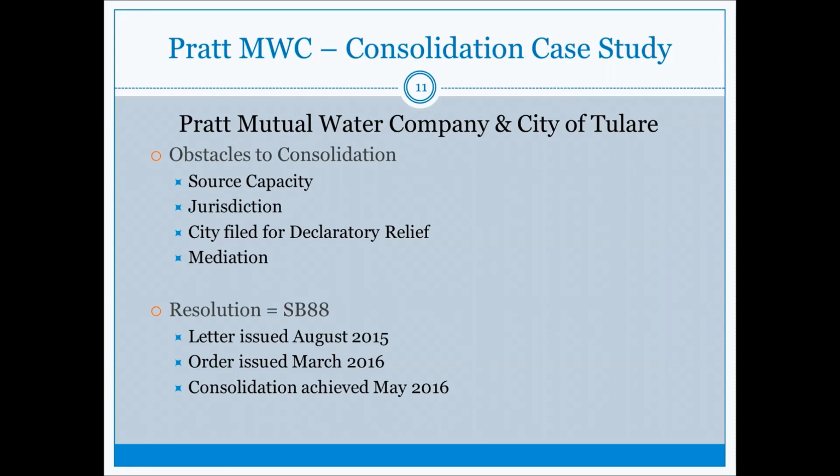The Division of Drinking Water was pretty heavily involved here in the mediation and in somewhat of the negotiations. But what ended up happening was that an SB 88 order was issued to the city before the suit went to trial. And I will say and kind of applaud the city that once they got the SB 88 order, they really dedicated a lot of staff and really ended up pushing the project forward from that point, which from that point it only took about 2 months until the folks at the Pratt Mutual Water Company